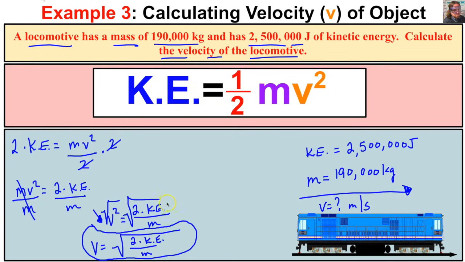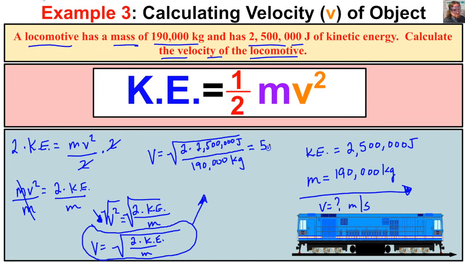So let's go ahead and plug these numbers in. We'll do this right up here. We're running out of room here. So the velocity of this train is going to equal the square root of 2 times the kinetic energy, which is 2.5 million, or 2,500,000 joules, divided by the mass, which is 190,000 kilograms. So we put this into our calculator, and we will end up with